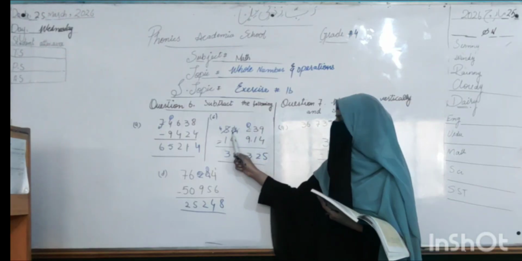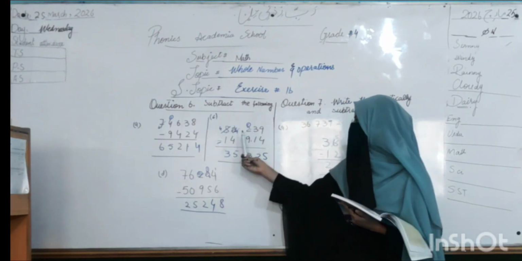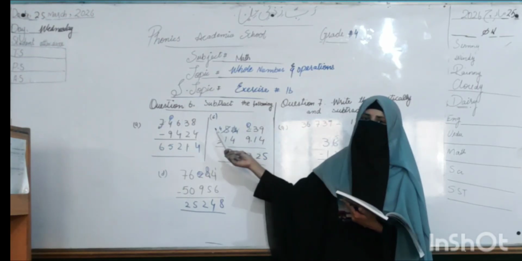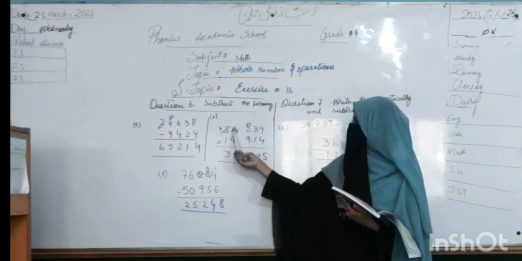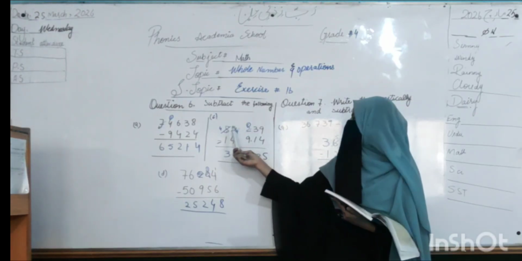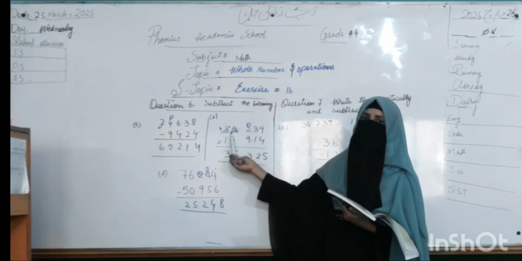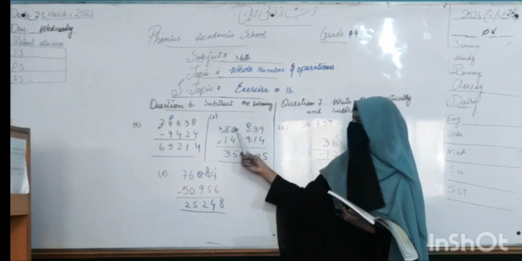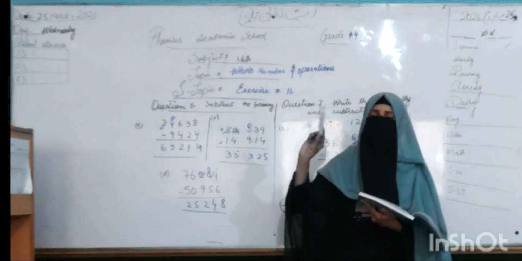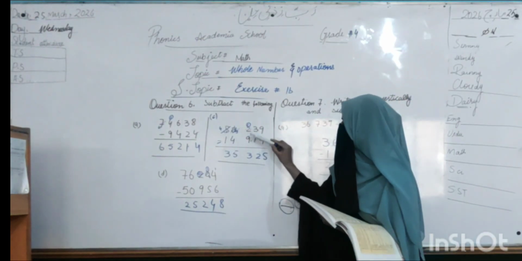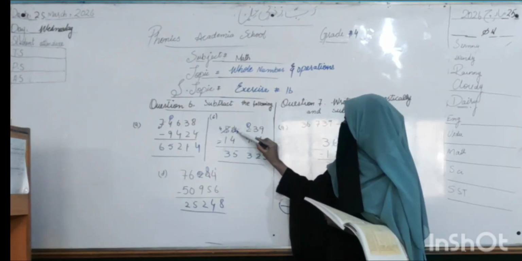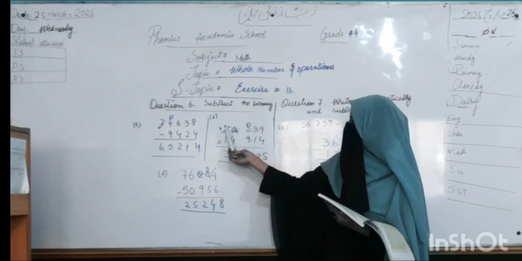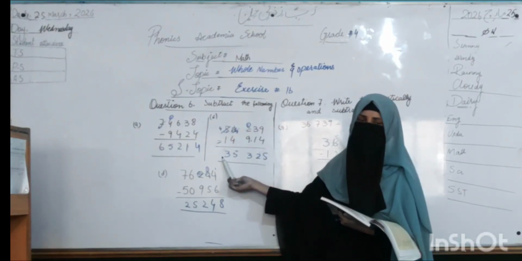Firstly, we do not take a carry from the first number, because the first number is 0. So 5 gives a carry to 0, then 0 gives a carry to 2. When 5 gives a carry to 0, it makes 10. Then 10 gives a carry to the 2, and 9 is left. So 2 plus the carry makes 12. 12 minus 9 is equal to 3. The remaining value is 9. 9 minus 4 is equal to 5. The remaining amount is 4. 4 minus 1 is equal to 3.